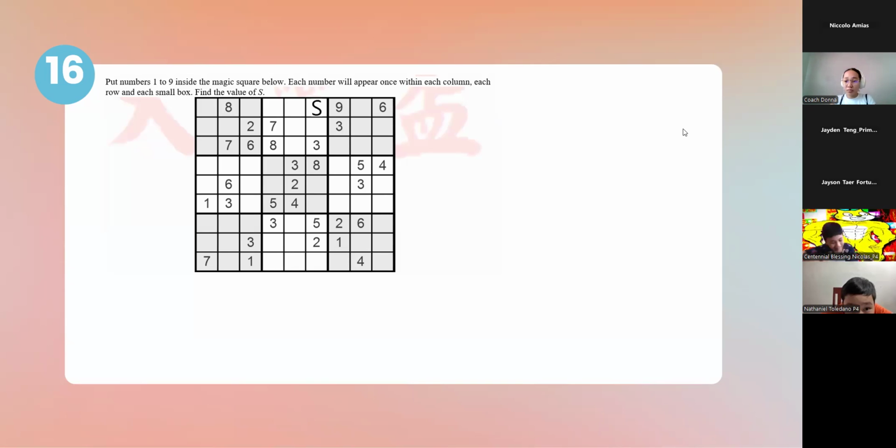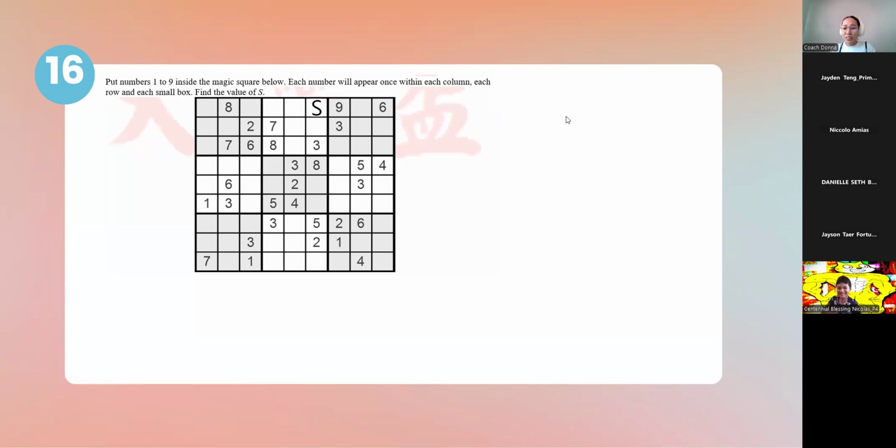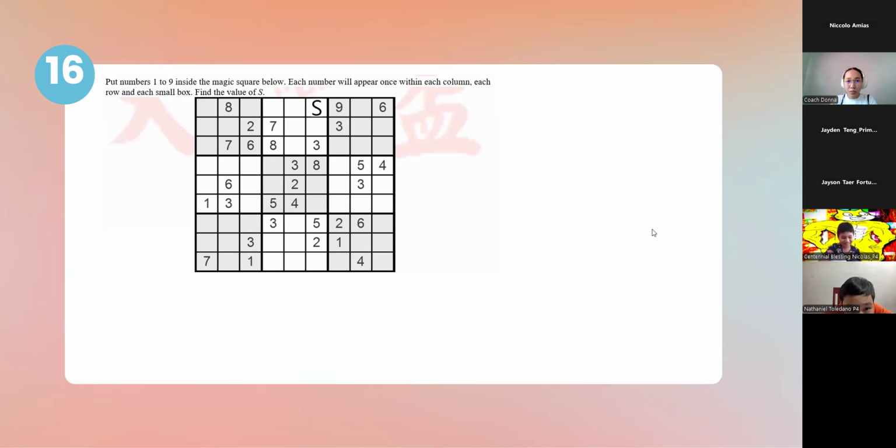It's like Sudoku po, or it's Sudoku po. Yeah, right? Would you like to share how we get the answer here? Any idea? Care to explain? No idea? Wait,